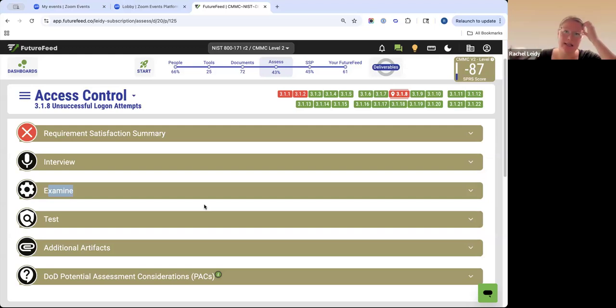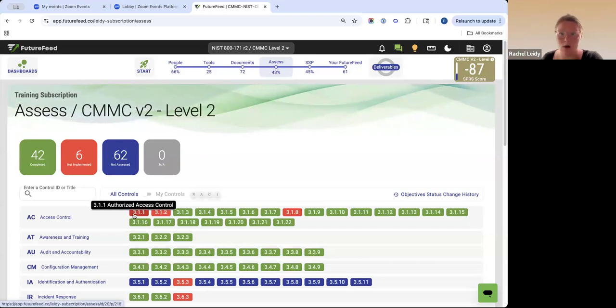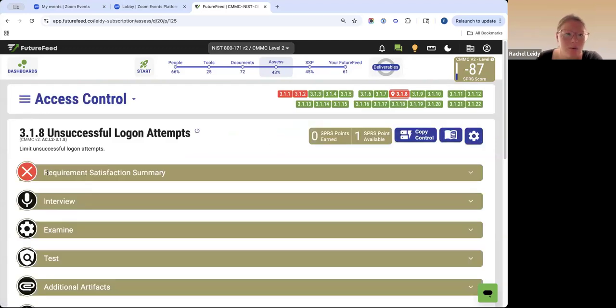Because, for example, let's say I'm doing an annual internal assessment. Well, I would log into FutureFeed. I would click on the assess page. I'd start at the top and work my way all the way through all of the requirements. And now I'm specifically just talking about an annual internal assessment,